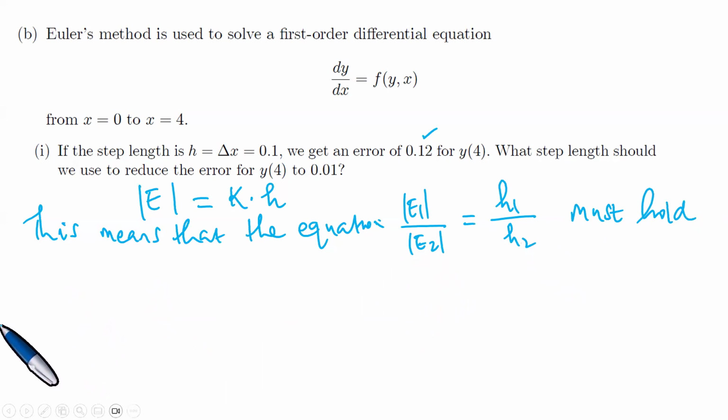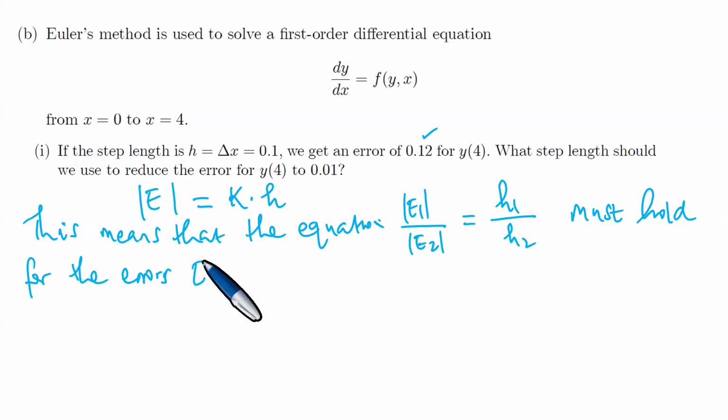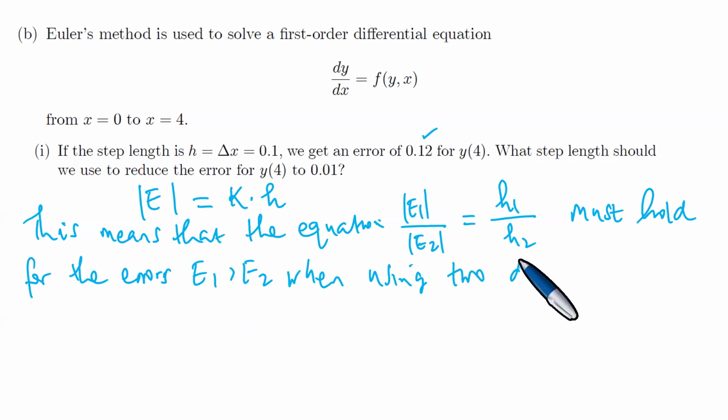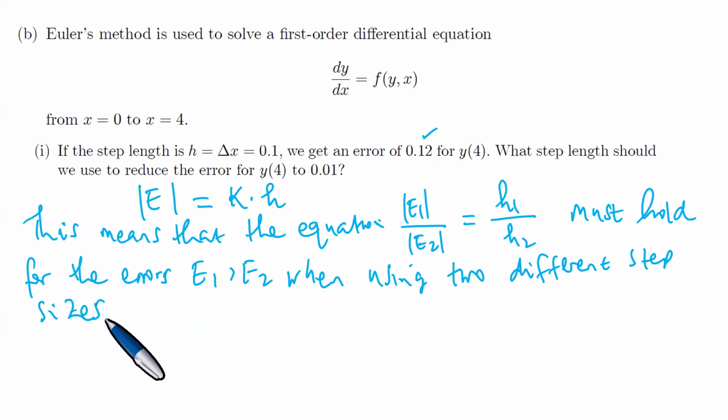Right. It must hold for the errors, error 1, error 2, when using two different step sizes, H1 and H2. Step sizes or step lengths, H1 and H2. Thus,